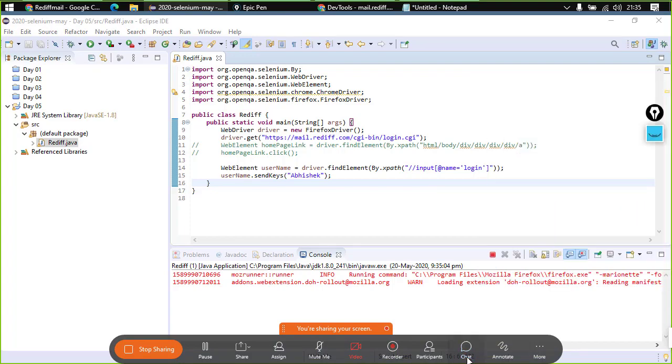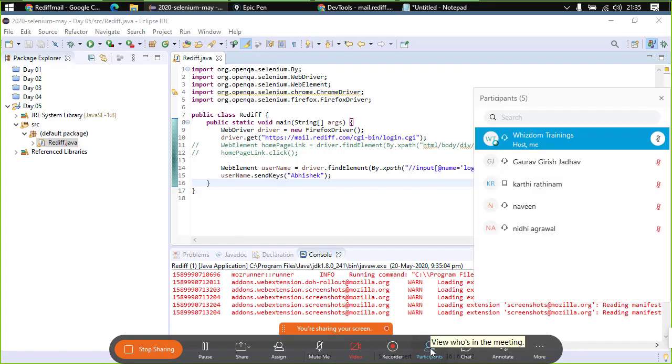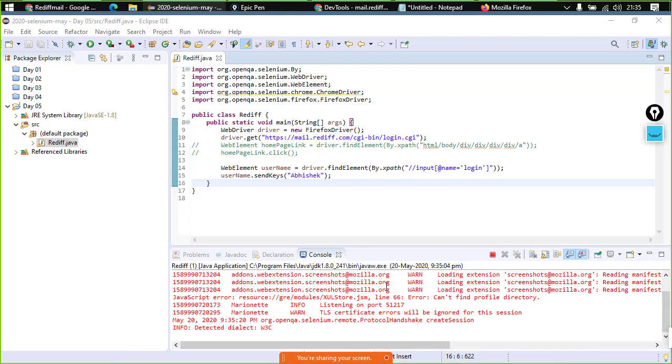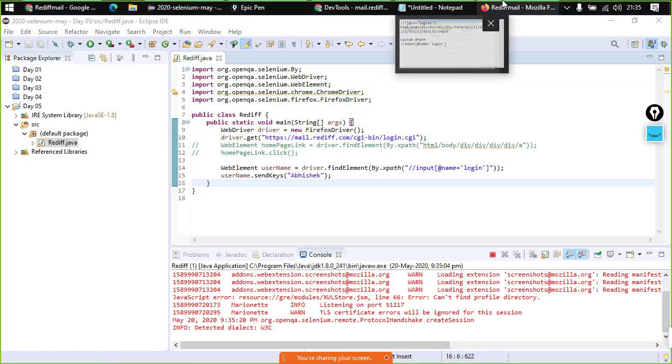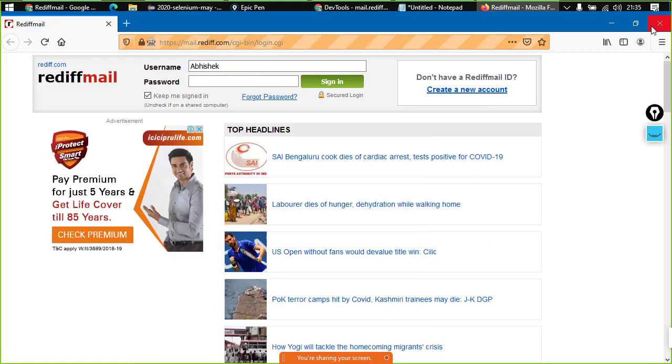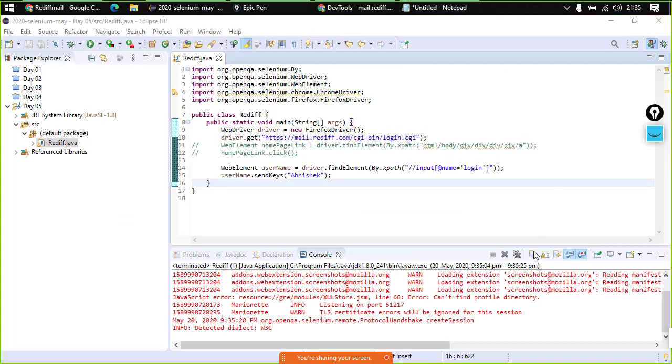So over here, we are having access to this particular element, and let's see whether it fails or not, right? So the browser has opened, it has typed Abhishek inside. This means that this is working fine. I'll just close this now. So over here, the thing that we wanted is executing well, right?